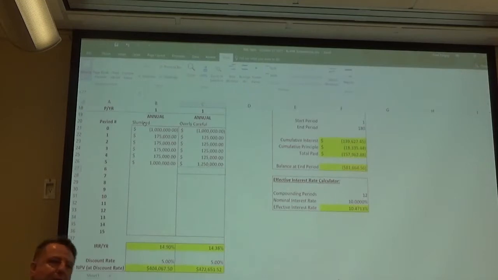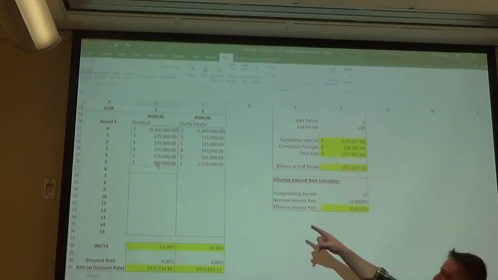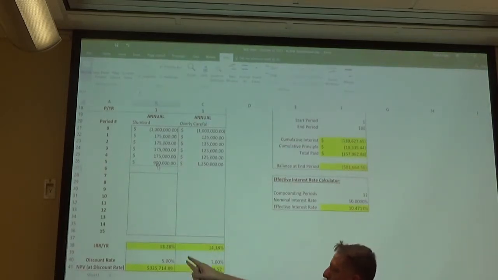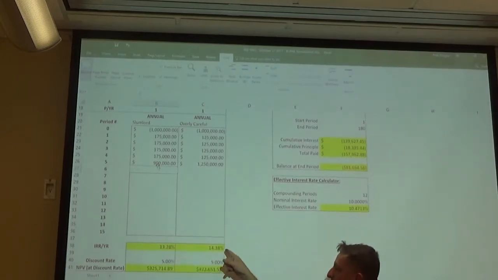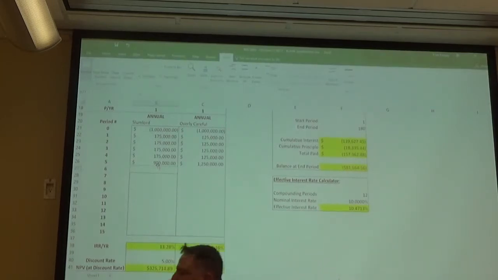Now, you've got to sort of say, at some point, how low would we have to go? If we went down to 900,000, that's low enough, with the resale price and last year's cash flow, to actually show that our percentage is lower than the overly careful investor. Does that make sense? So the whole idea of what I'm trying to get you to think about is that